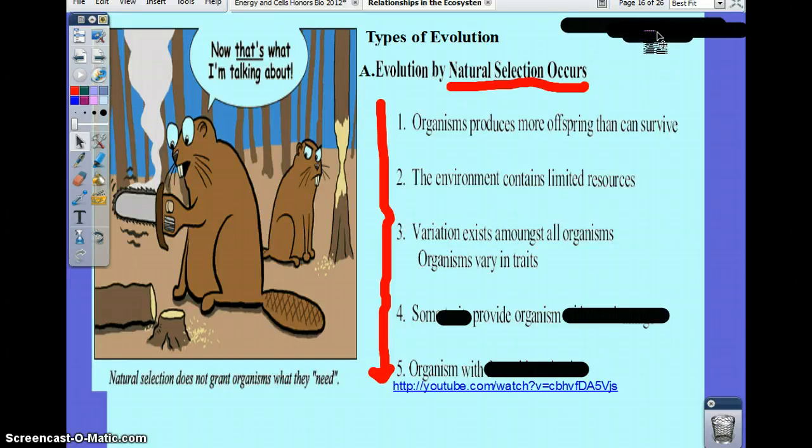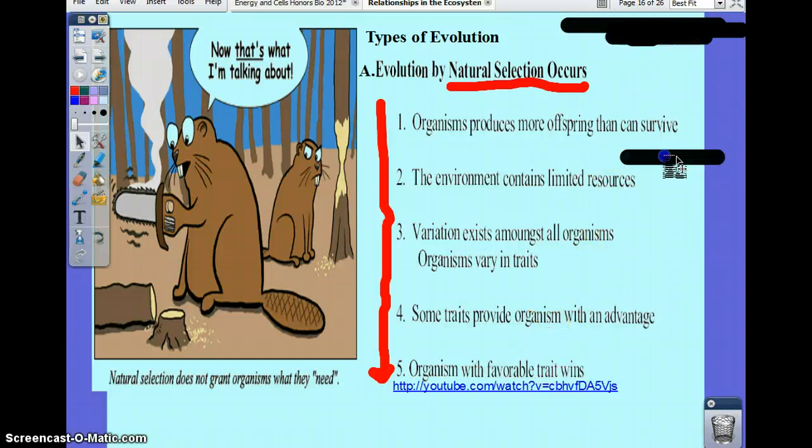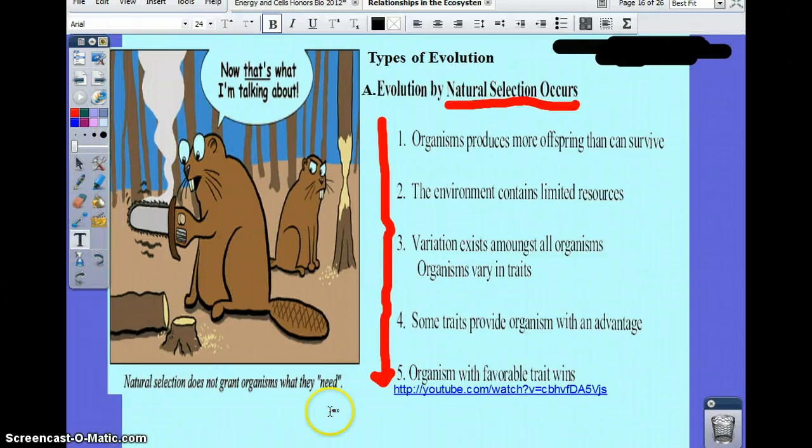And if you reference, for example, your classroom, you see variety of traits within your species, which is humans. You see different hair color, different stamina, you see different heights, ability of acquiring knowledge. These are all variety of traits. Some of these traits are going to be favorable for a specific condition, and that is the advantage. And with that advantage, you're going to have that specific trait of an organism survive and reproduce, and they will move on. This is called survival of the fittest.